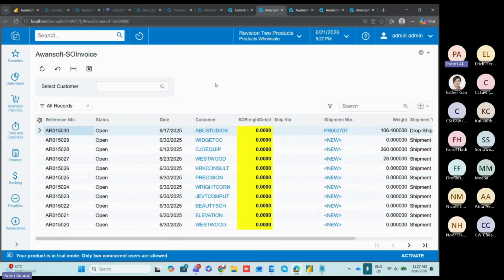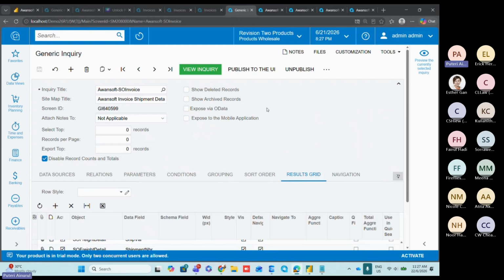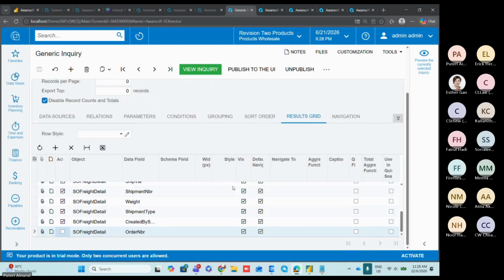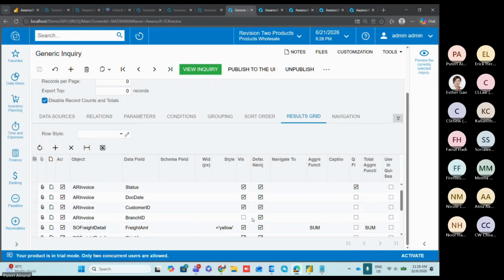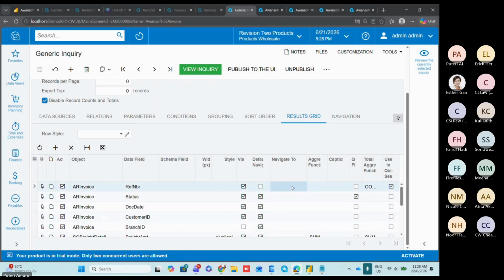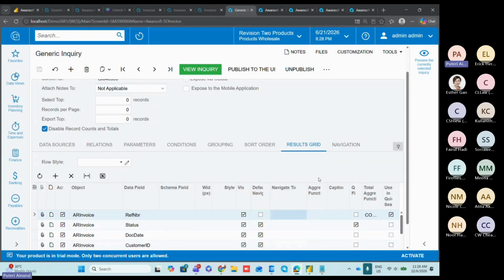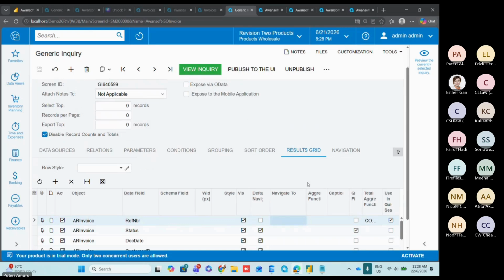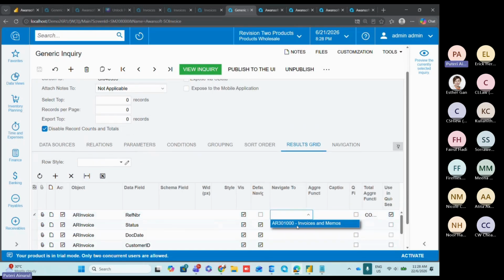So, before we continue, okay, for navigation, I forgot to mention, for navigation, you can click invoice and memo,